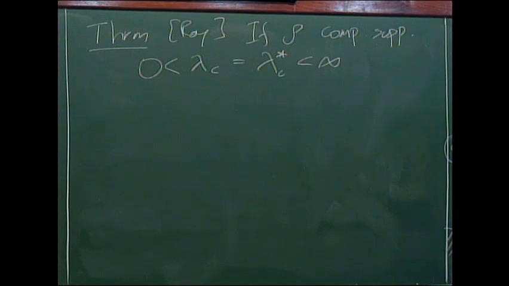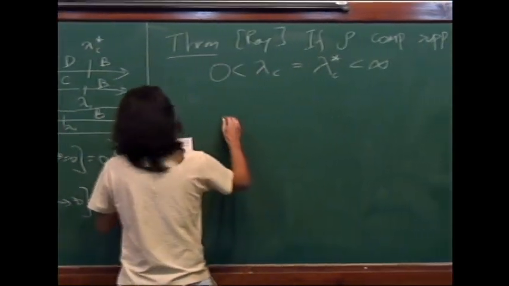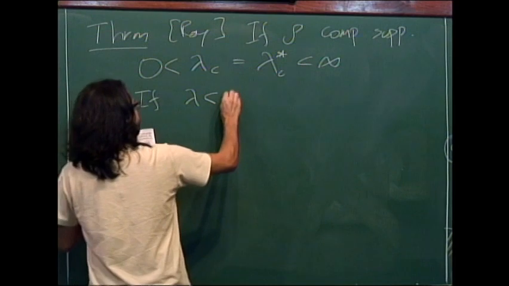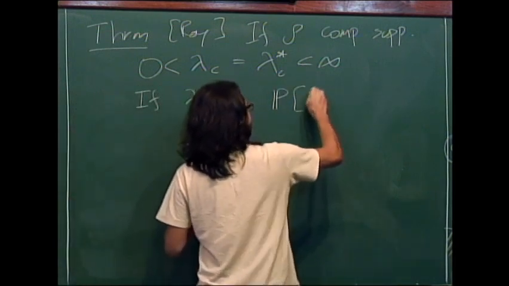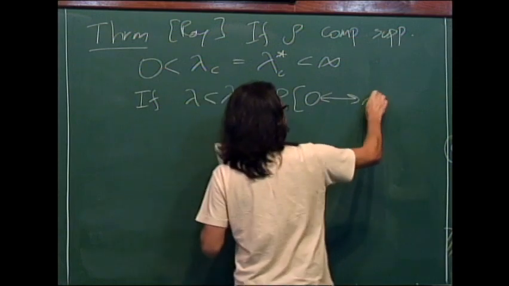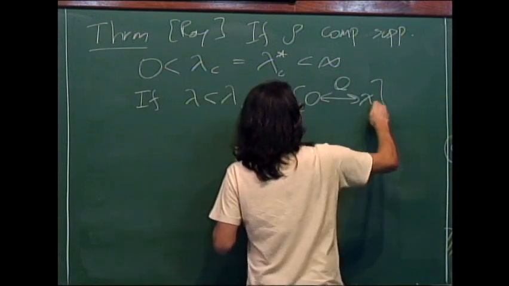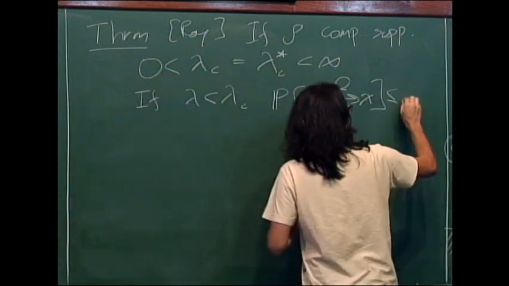You're in this situation star here. And more than that, you have subcritical and supercritical results. If you are below the critical value, then you should not be able to connect to infinity by the occupied set. But even connecting to some fixed point has an exponential cost.